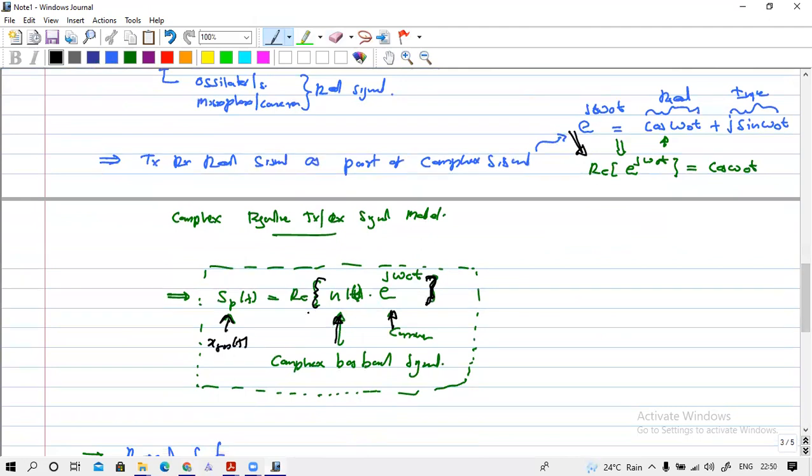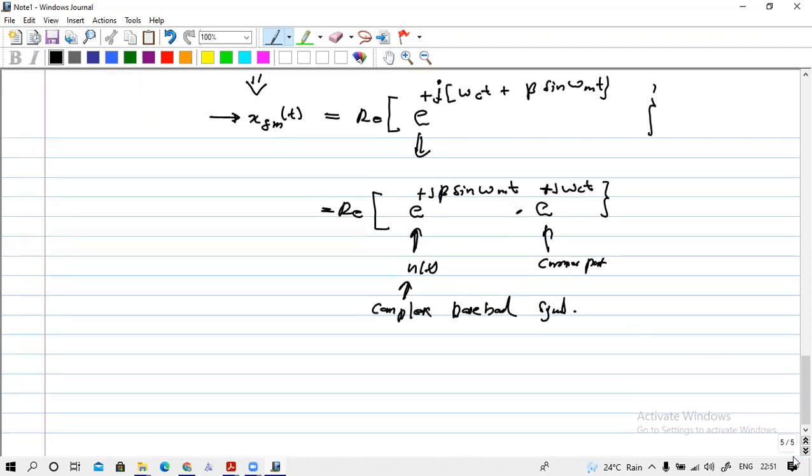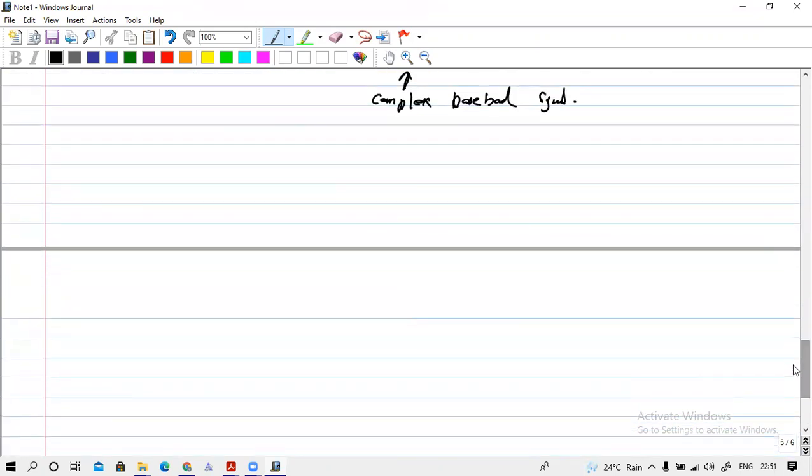Okay, so this is our baseband signal, and this is the carrier signal. And this is the modulated signal. So I can write this as... this u(t) is the complex baseband signal. Now I am getting this complex baseband signal. So I denote it as